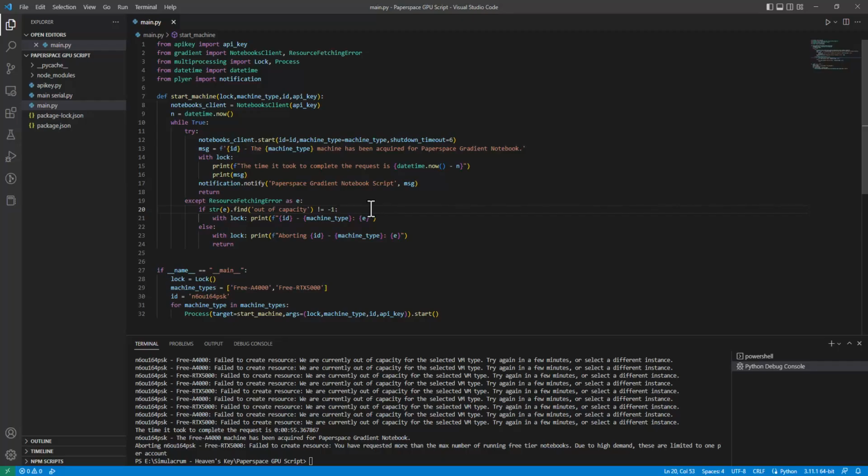For this particular script, I provide a link in the description to a GitHub repo where you can download it. In the future videos, I will explain how to install Visual Studio Code, how to start the script and all of that. For now, I just wanted to demonstrate how easy it is to get free tiers on Paperspace,